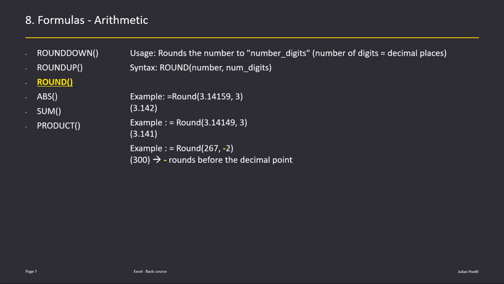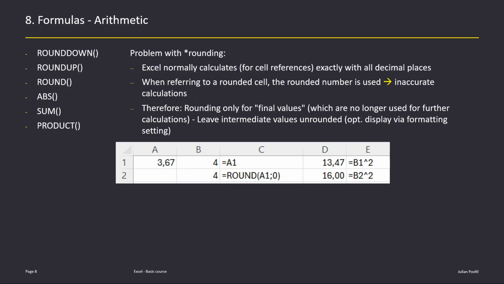You can also round before the decimal point. If you want, for example, to round the number 267 two places before the decimal point, you need to write ROUND, 267 or a reference to the cell where this number is in, and then comma -2, and it will be rounded to 300. If you round something, you should pay attention, because normally when you calculate with a link to